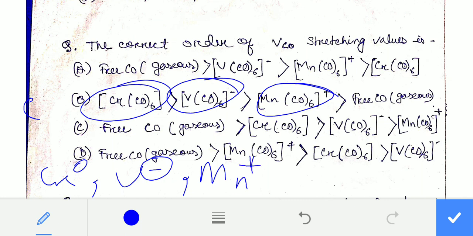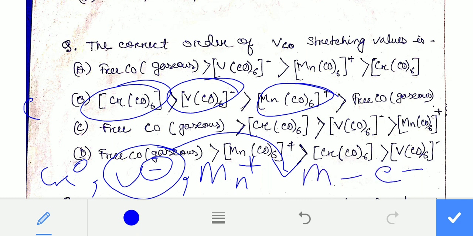Now vanadium, which is in the minus oxidation state, can easily donate its electron pair to the MC bond, and in this compound, that is V(CO)6⁻, the